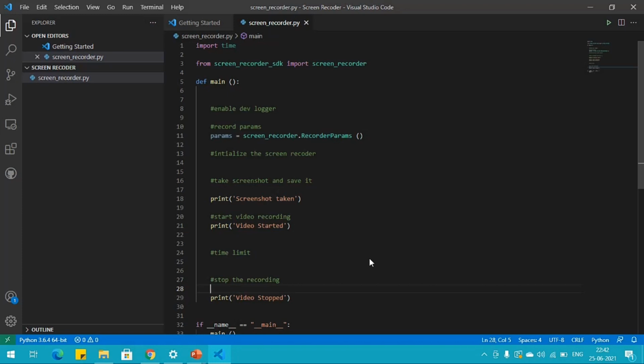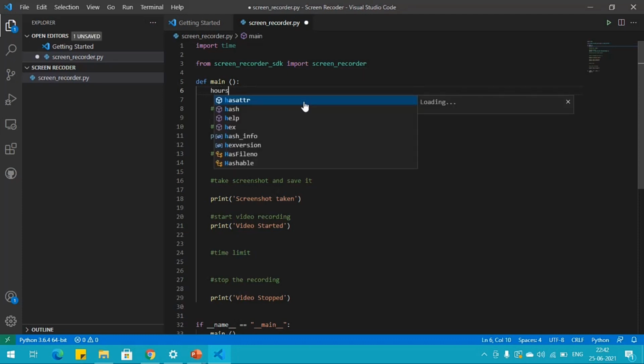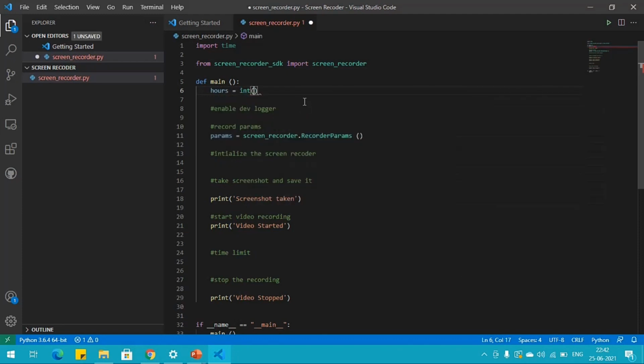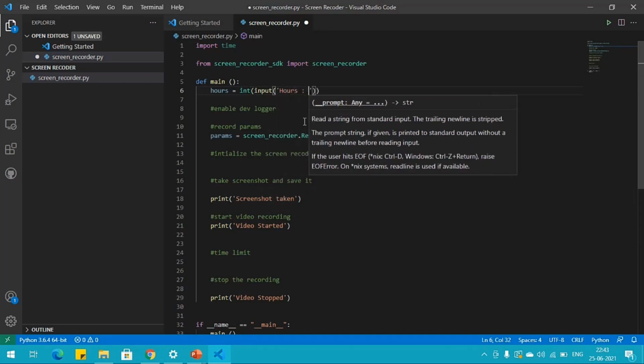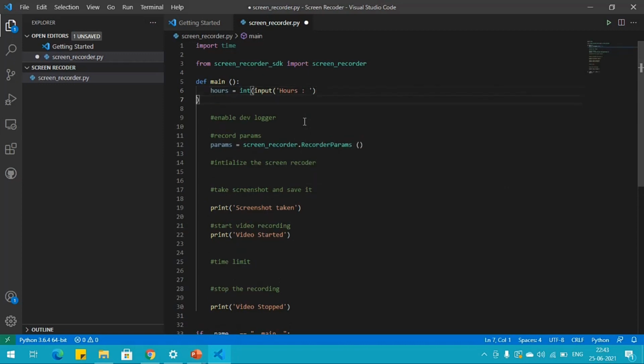Let's start the coding. First, I will import the required libraries, that is the time library, and we will import Screen Recorder SDK. After that we will take input of hours, that is how much time we want our screen to be recorded, and seconds.